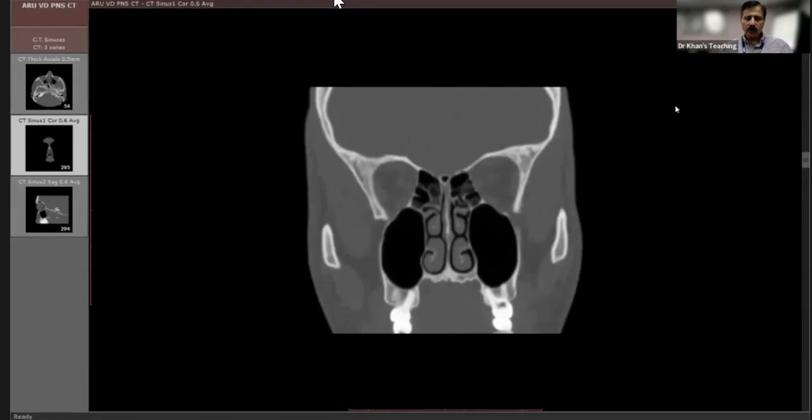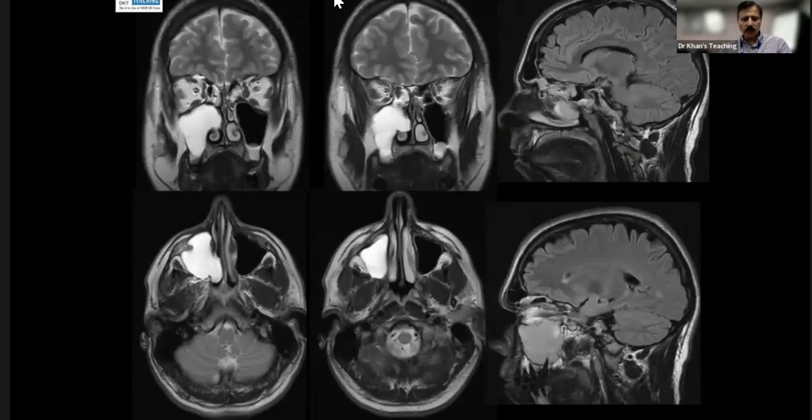So, let's, from here, go to a few Viva questions. So if you see here what is happening, let me go through it. What is happening? This is an intraconal polyp. So polyp,